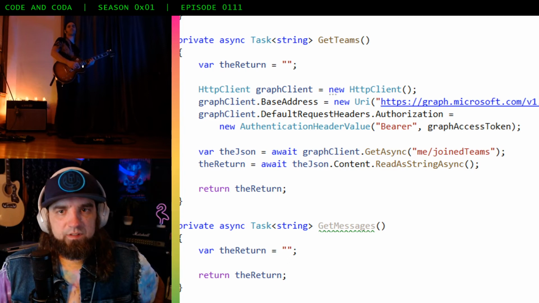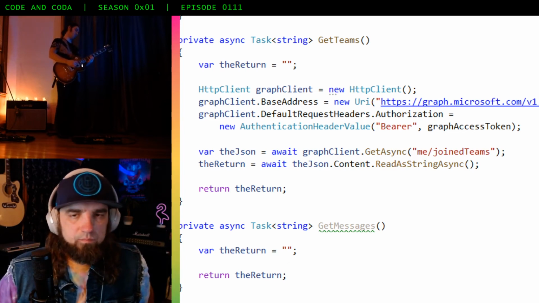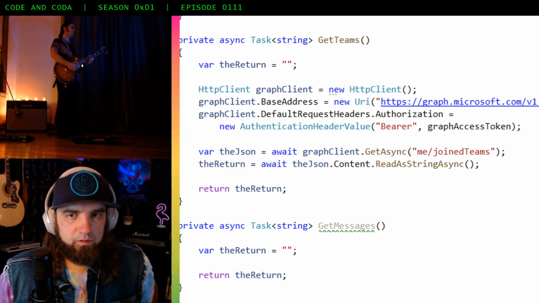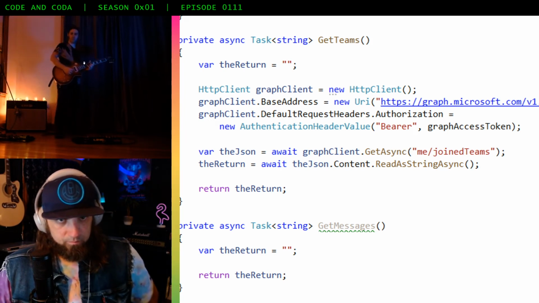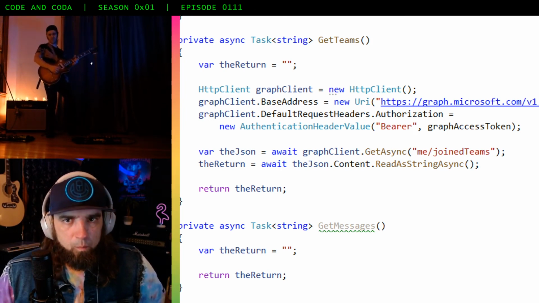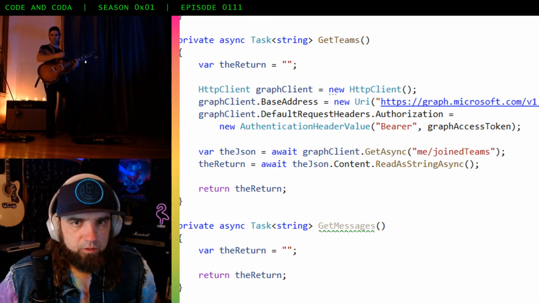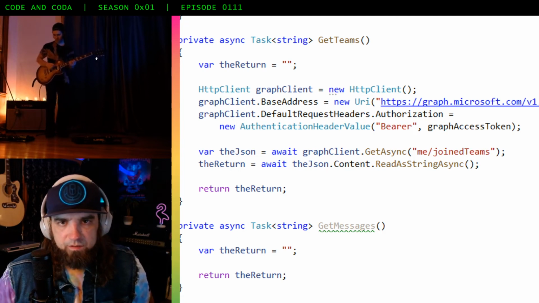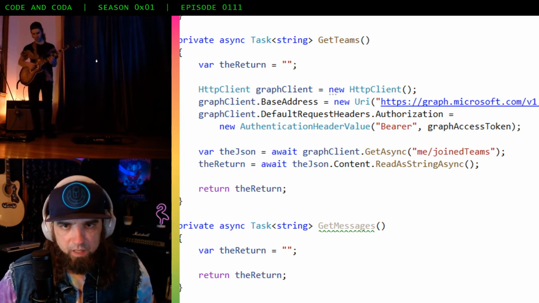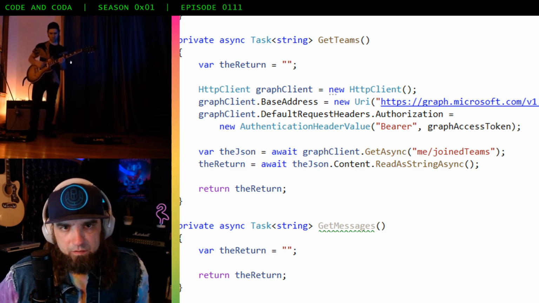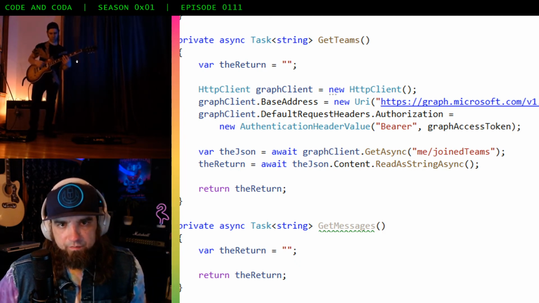Now, a lot of this is hard-coded. This probably could be done a little bit cleaner. One thing to notice, under the default request headers and authorization property of the HTTP client object, we are adding an authentication header value.